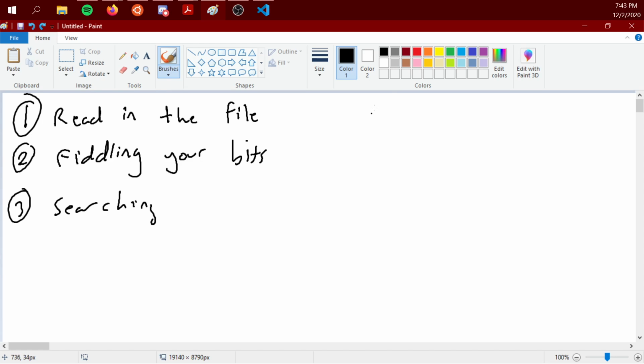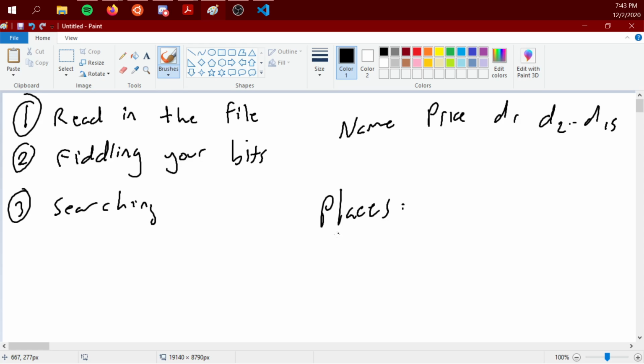All right, so first I'll start with reading in the file. It's not very complicated, but I thought it was confusing. So the way you do it, right, you have name, and then you have what is essentially your price, and those two are obvious. But then there's a list of destinations, right? D1, D2, D3, and this goes to D, I think 16, or no, D15. The way it works is in your places.txt file, you're gonna have 16 places, Schletter through Clemson Exchange. And the idea essentially is that